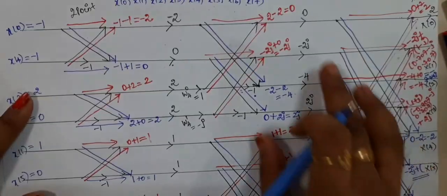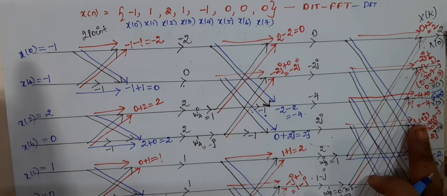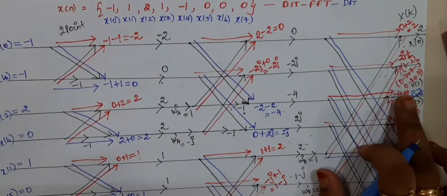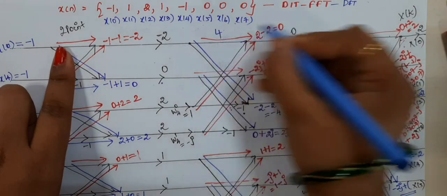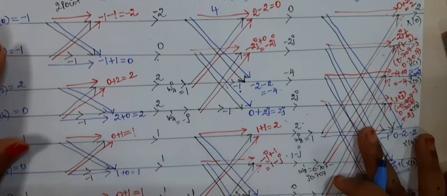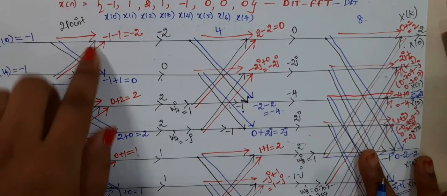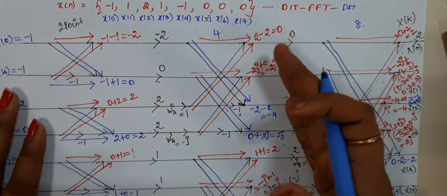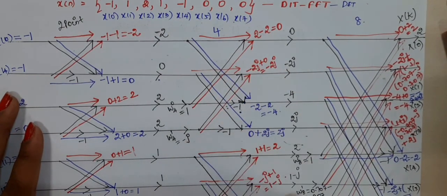So that's all about the problem based on the DIT FFT. So again I am just recapping. You have to keep in mind, your input should be in a bit reversal order and output should be in normal order, and the flow should be 2 point, 4 point and 8 point. So first you complete the 2 point, first you complete the down arrow, and then you complete the up arrow for all the things. Once you completed this, then you just write the 4 point and you complete the down arrow, and then you can complete the up arrow.